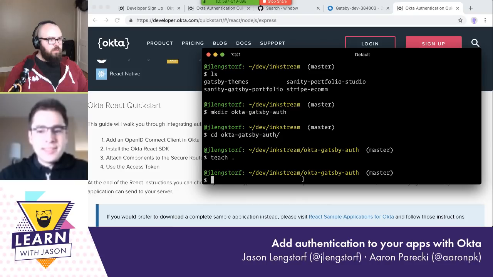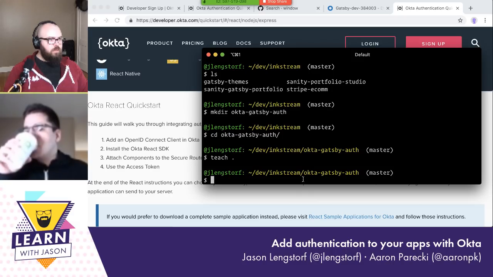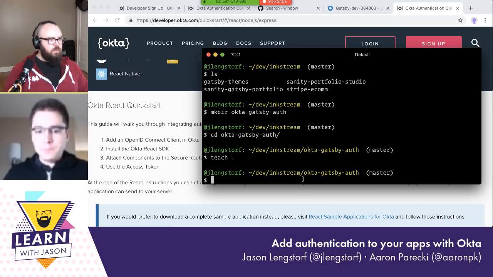Sure. So Gatsby is a web app framework that follows the static site generator setup. What we'll do is build a series of React files that we will then build ahead of time, so all the data that we can will get loaded early and put into the templates. But obviously with authentication, we're not going to be able to do that. We wouldn't want to just put user information into these templates and publish those somewhere, because then anybody who knew the path name would be able to theoretically get them. So instead, because Gatsby is built with React, we're able to